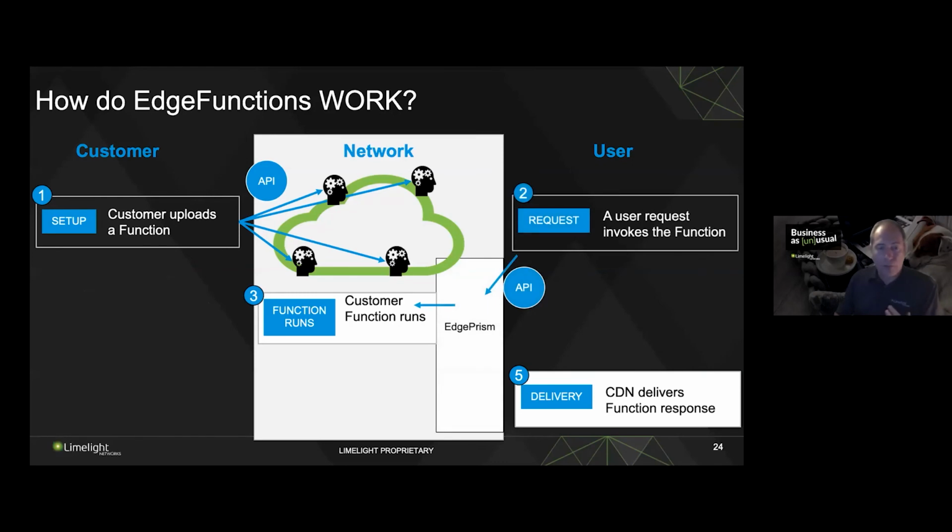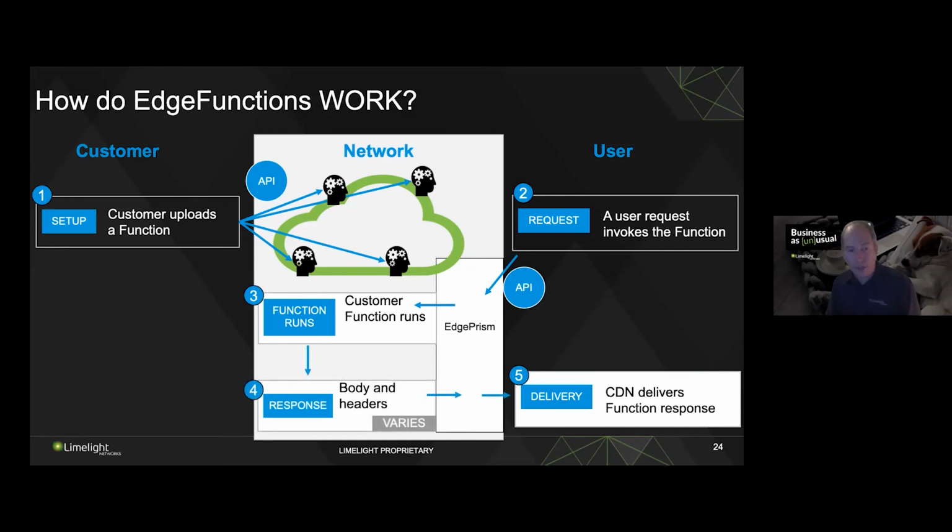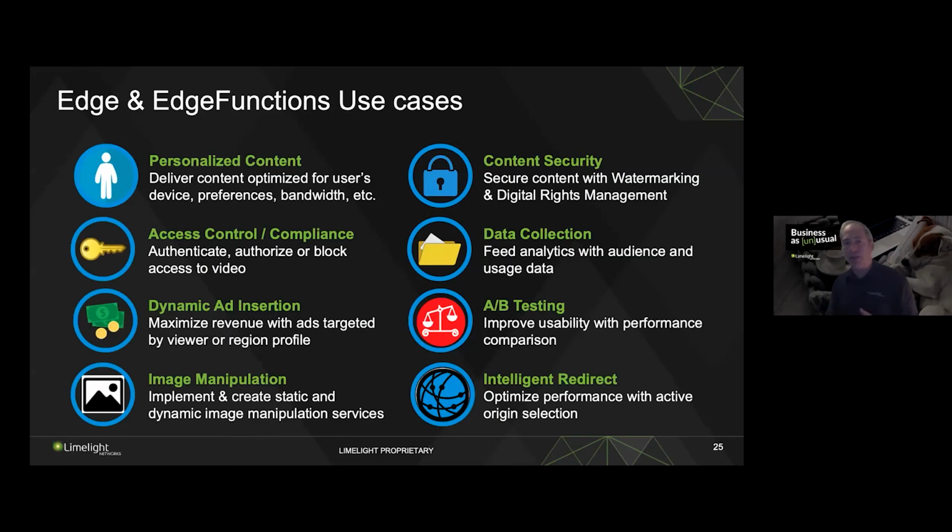The user makes a request to the EdgeFunction environment over HTTP through our CDN. The function runs, the body and the headers, then whatever your function is designed to do runs, executes, talks to external resources as it needs to, computes its result, and sends it back through the CDN, so you can also take advantage of caching. And this is really the first thing that we think of as a true edge offering. And we think there are a number of different use cases that speak to it that are true for streaming and are true for content delivery in general.